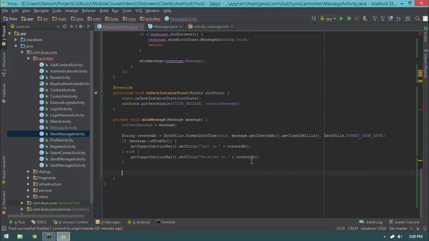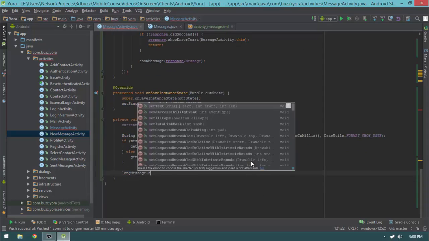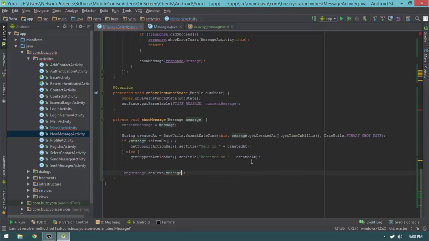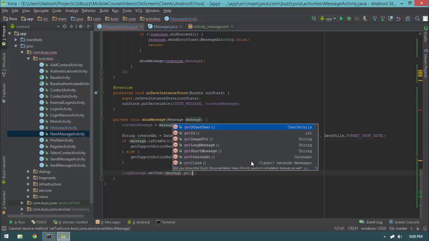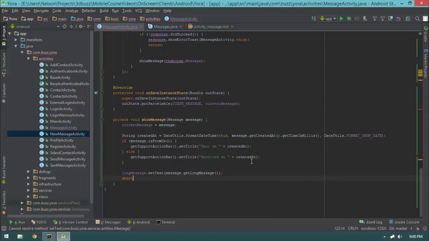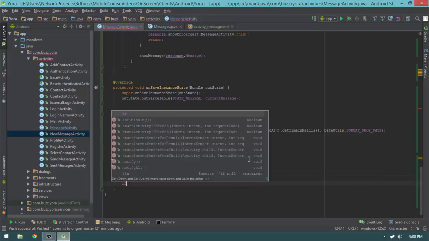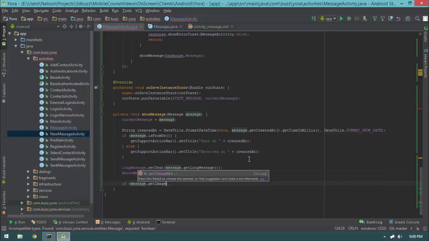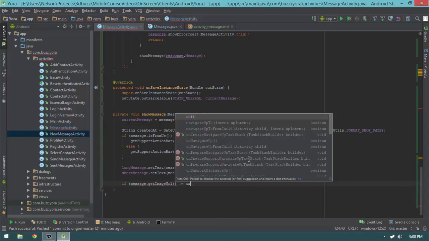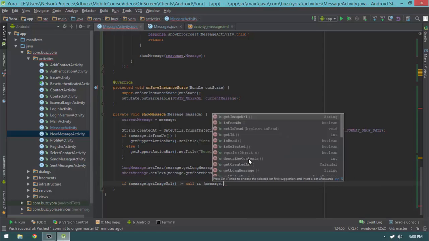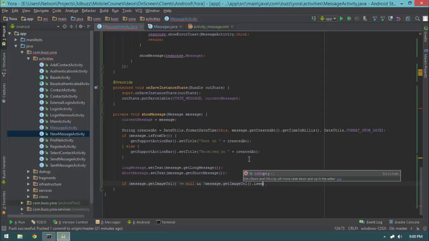Then let's go ahead and set our long message. So I'm going to say long message dot set text message dot get long message. Then set our short message dot set text message get short message. And then I'm going to go ahead and say if message dot get image URL does not equal null and not message get image URL is empty, then I'm going to say to do